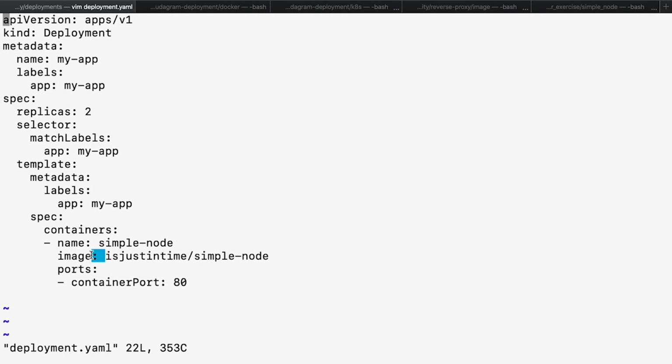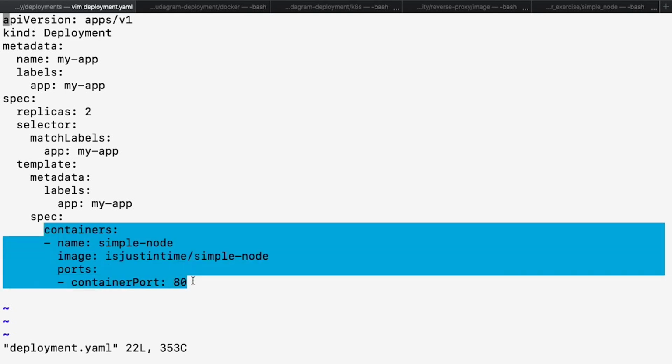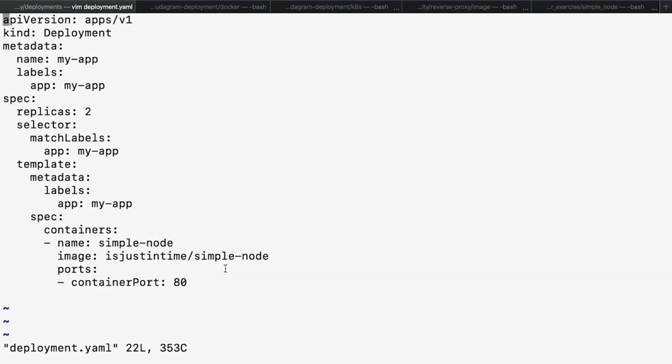As you can see here, this configuration block with containers is what specifies what Docker image to be using. Here, I've specified that I want to use the image that is linking to the Docker images that I have in my own Docker Hub, meaning this deployment file will be used to create the Docker images for the simple node application.